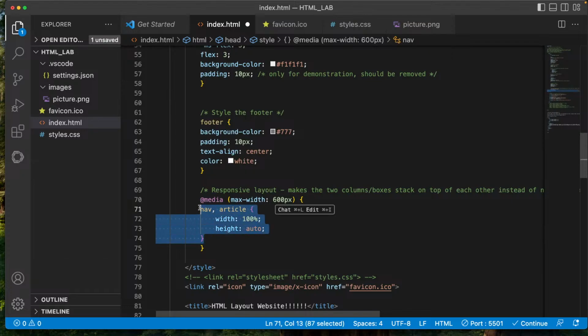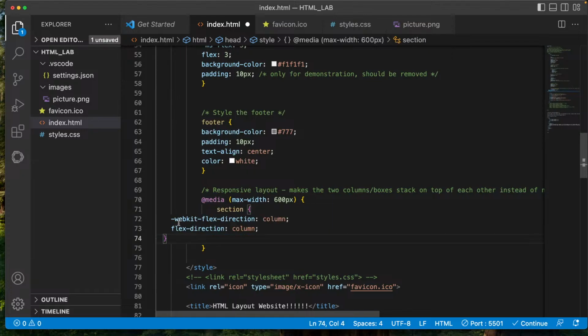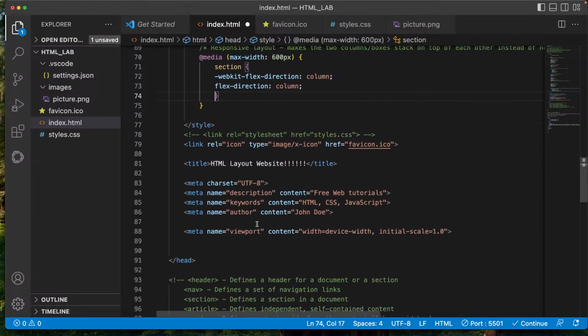So we're going to go ahead and add here the section. And then after that,